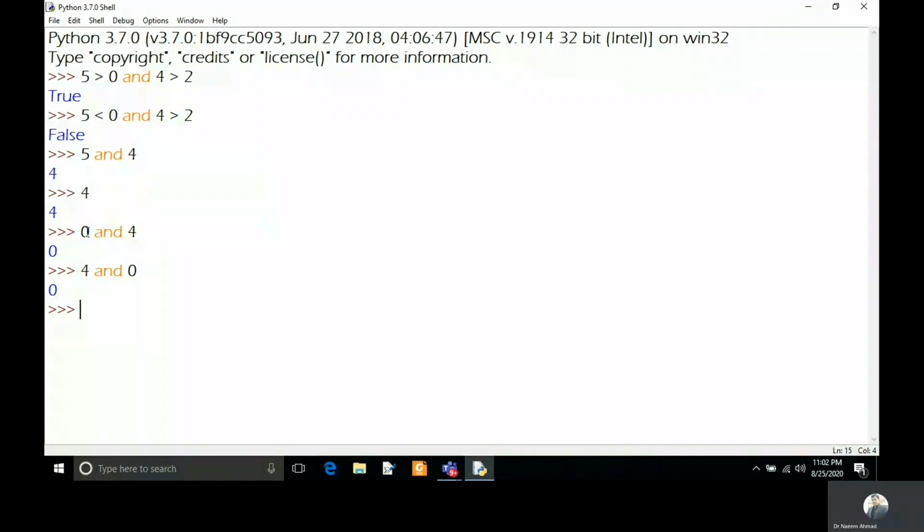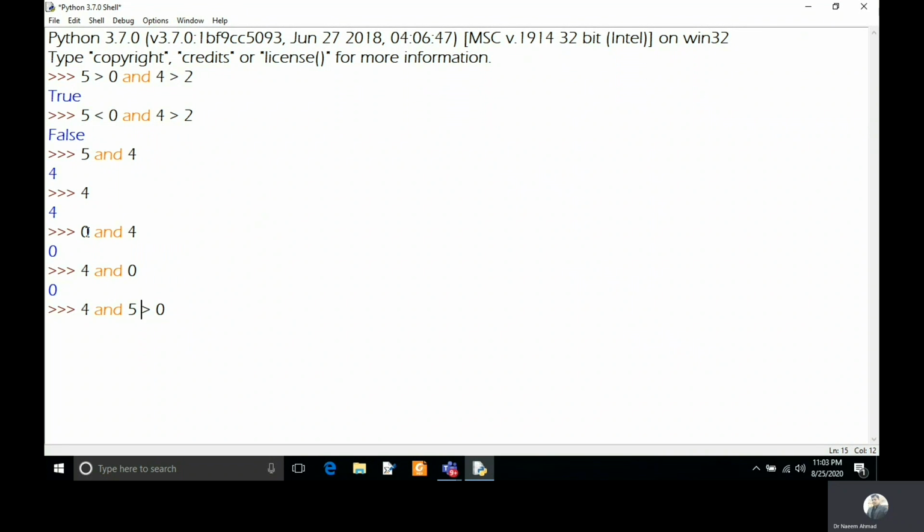So you can see the AND operator also works with numerical values if you are not keeping conditional statements. Logical AND can also work with Boolean functions and Boolean constants, as we discussed in the slide. So what will happen if you keep one conditional statement and one numerical value? Like I am keeping here 4 and 5 is greater than 0. This one part is a numerical value and the second part is a conditional statement.